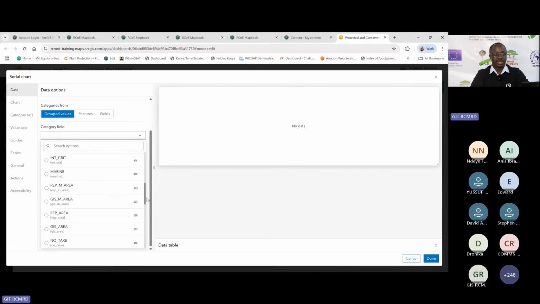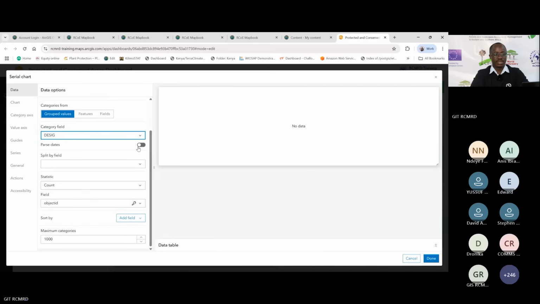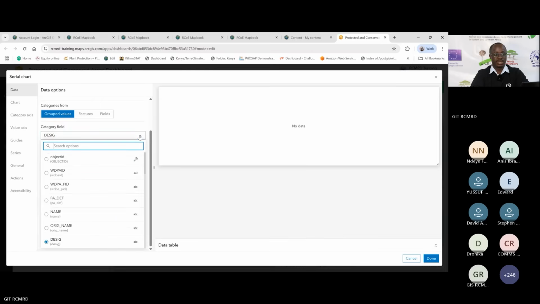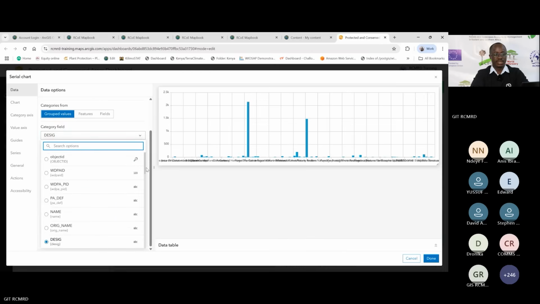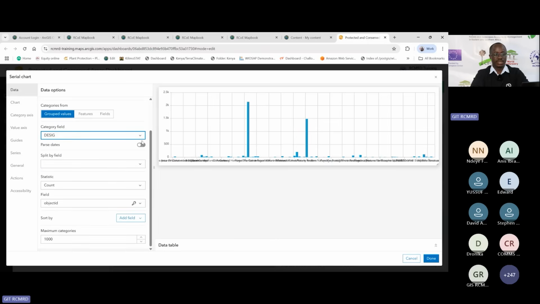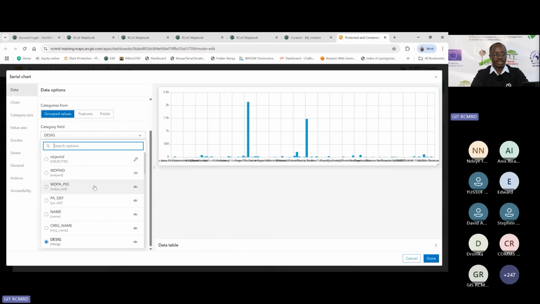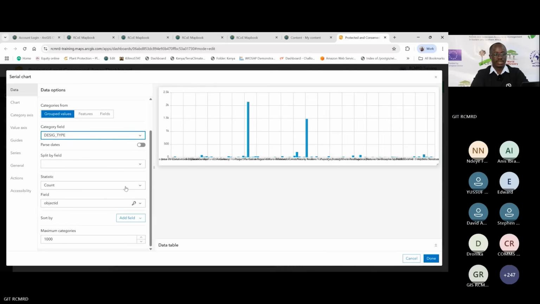If you study your data, you'll get all these attributes within your data set. So what I'm going to use is, I'll come and say designation, either designation here. So I'll have my chart drawn, but now you'll find out that the chart is not as appealing as you expected. So what I'll do,